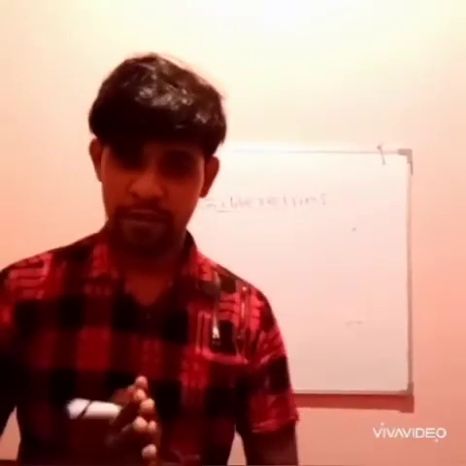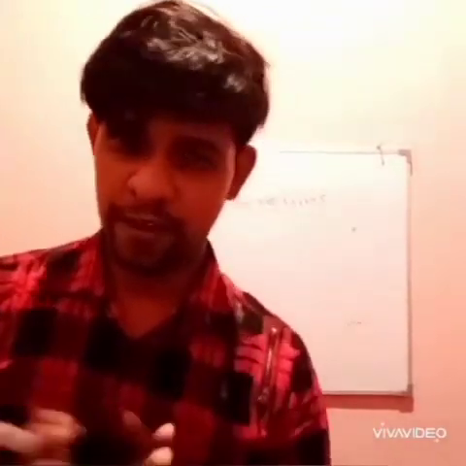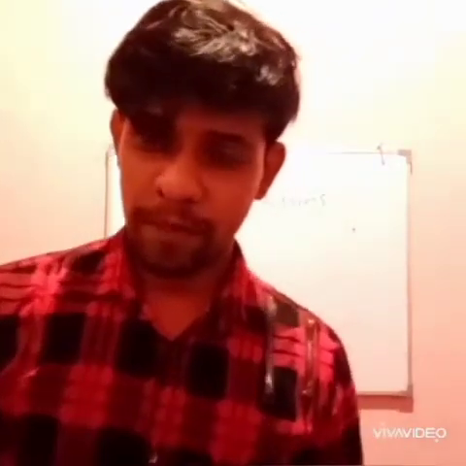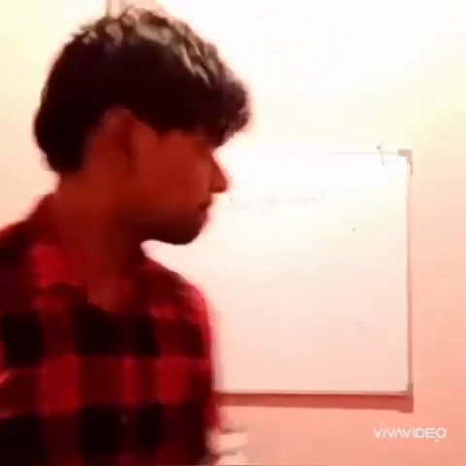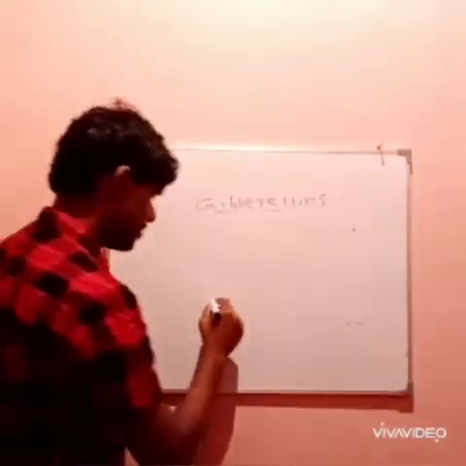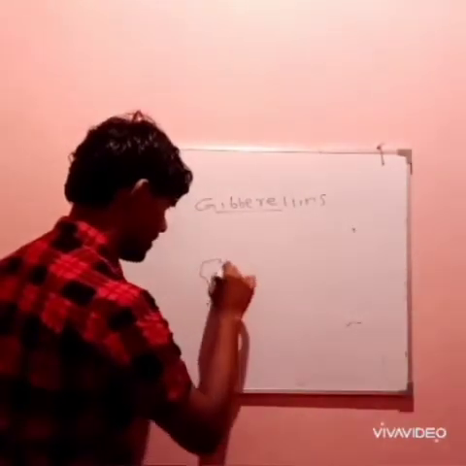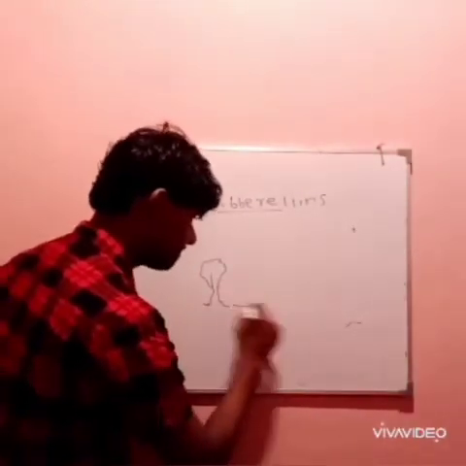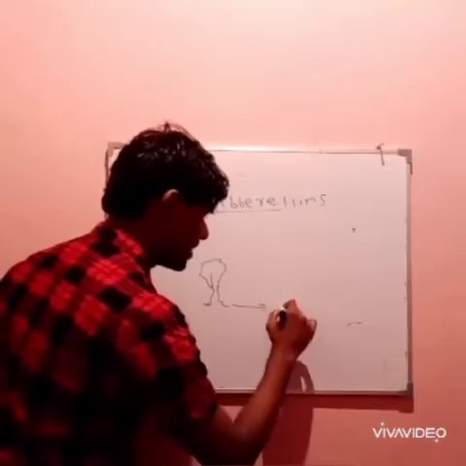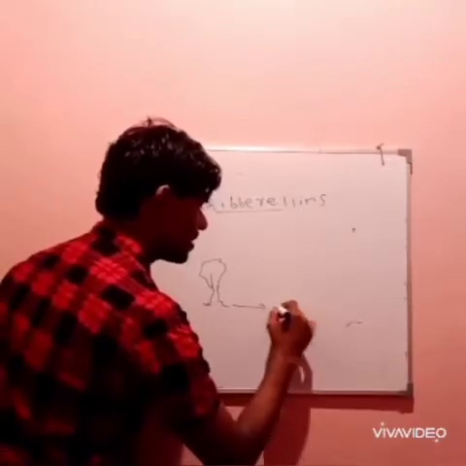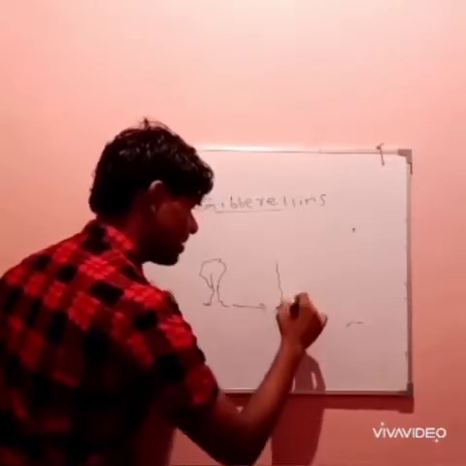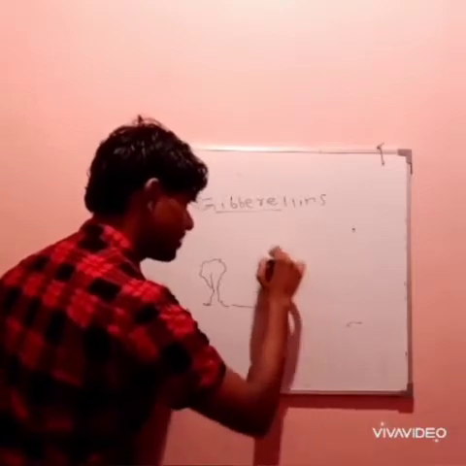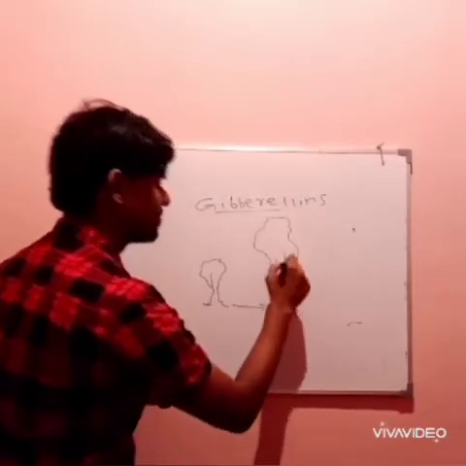So what is the next growth substance? The next growth substance is none other than gibberellin. The main function of gibberellin is to make the plant grow taller, right? Increasing the length of cells is the main function of gibberellins. Think about one plant lacking gibberellin, it will be a shorter one. And once you apply gibberellin on a plant of the same type and the same age, the plant grows much taller because of what?